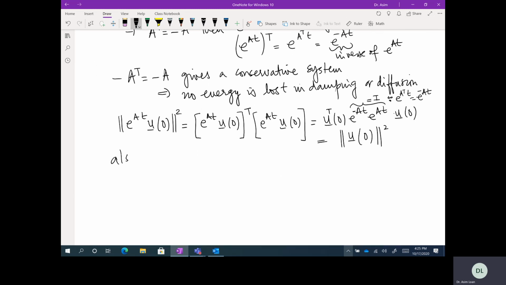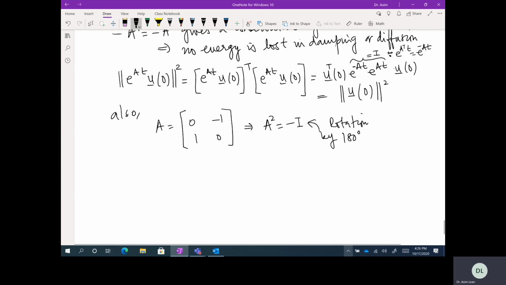Also, A equals 0, minus 1, 1, 0. We know this implies A squared equals minus I. This is the rotation by 90 degrees. And what is e to the At? Let's see. e to the At is simply I plus At plus A squared T squared over 2 factorial plus A cubed T cubed over 3 factorial plus, and so on and so forth,